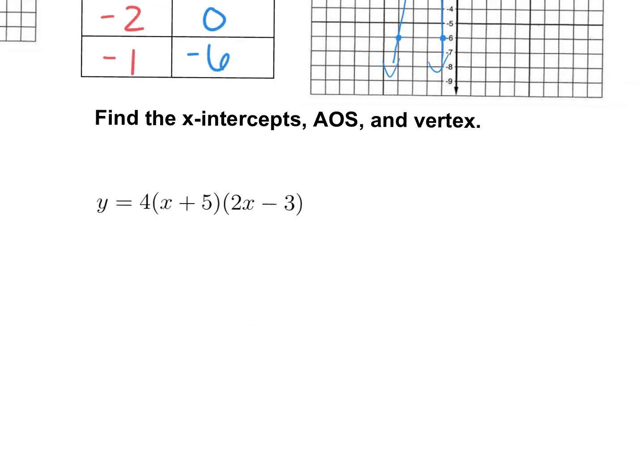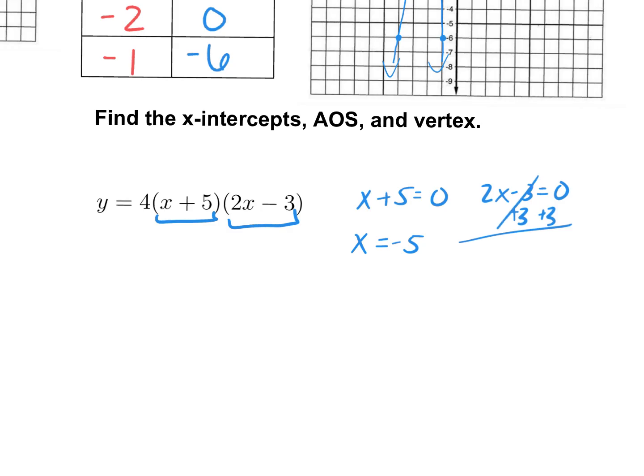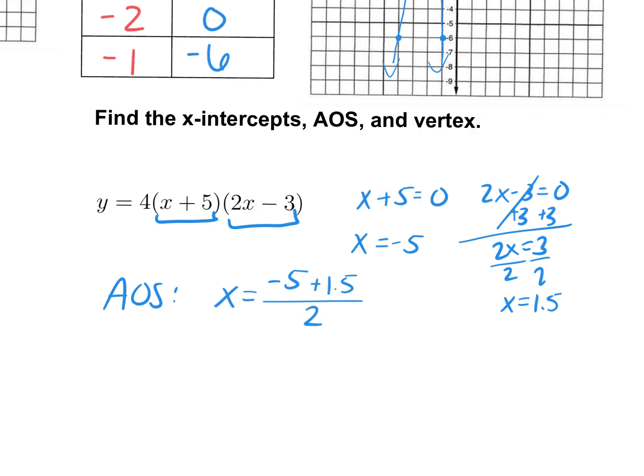In intercept form, the first thing I'm going to do is take my two values here. So x plus 5, set it equal to 0. 2x minus 3 equals 0. So one of my intercepts is going to be at -5. The other, I'm going to add 3. So 2x is equal to 3 and divide by 2. So I'm going to get that x is equal to 1.5. So now my axis of symmetry, I'm going to take -5 plus 1.5 and divide that by 2. So our axis of symmetry is at